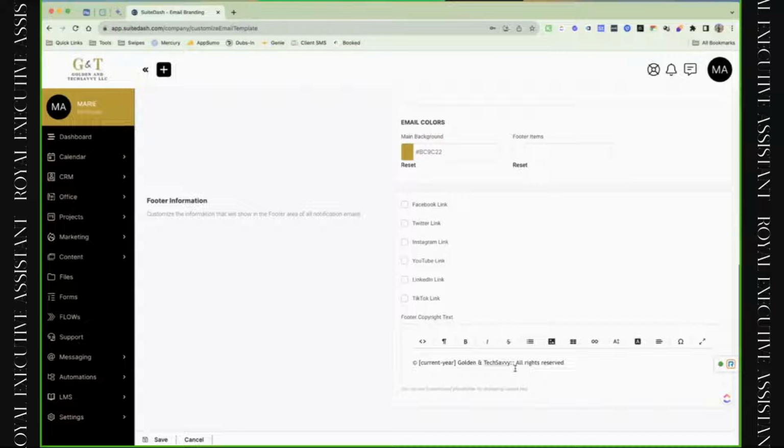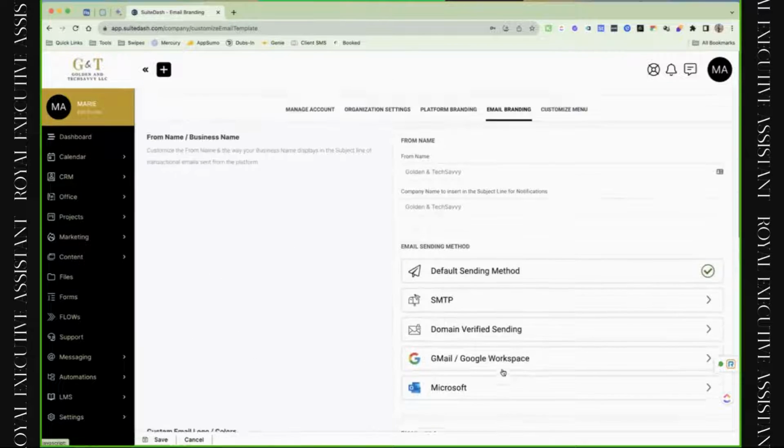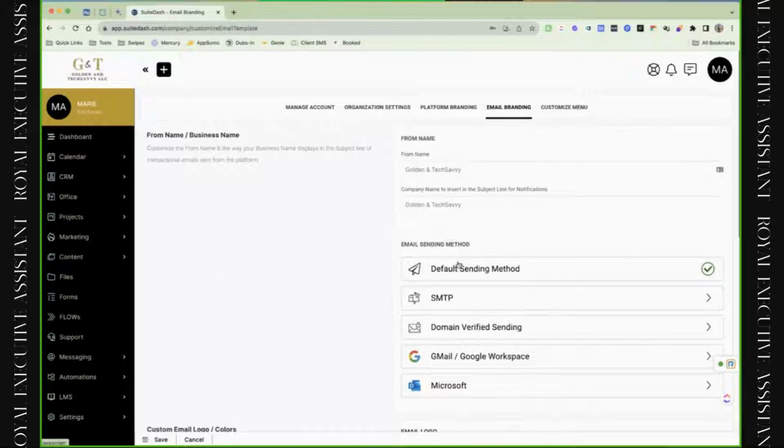This is your company name that's defaulted, so you can change this to whatever you like. People have the all rights reserved type of thing here. You can change it if you choose to. Another thing that I see people do is also add their URL here. So they add their link to add that. And that kind of concludes where